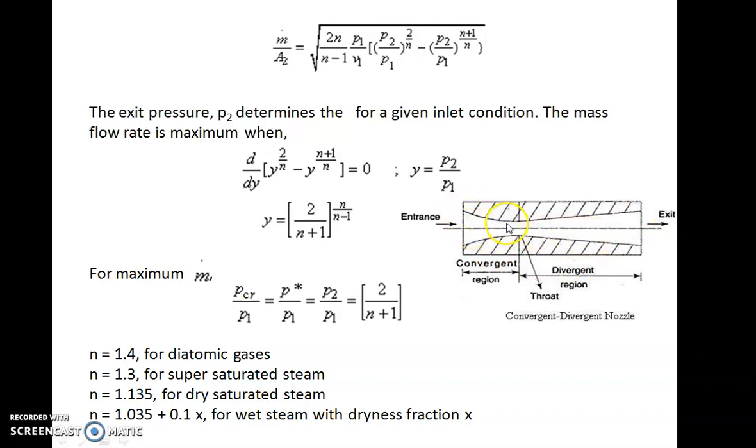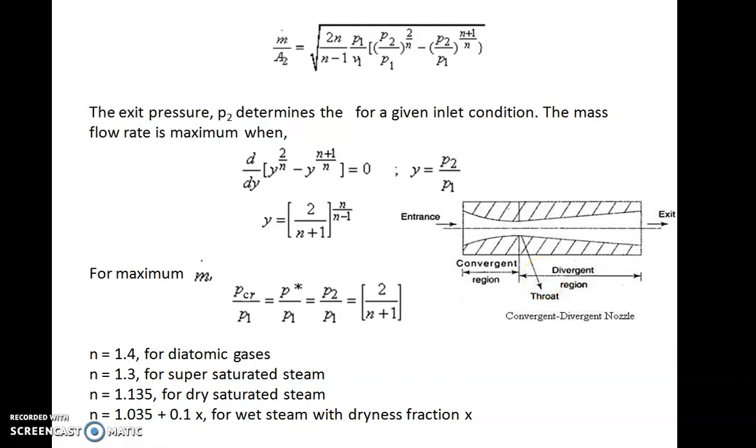You might have heard about convergent divergent type of nozzle. Some nozzles are convergent nozzles, some nozzles are divergent nozzles. There is an area in between convergent and divergent section that is called a throat. That is what we are going to study in this lecture. Now if you see in this diagram, mass flow takes place through this nozzle. Where the maximum mass flow rate will happen, that we want to find.